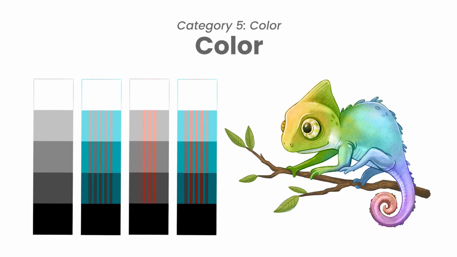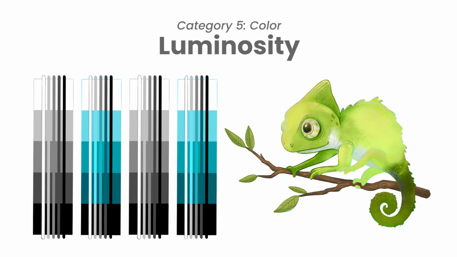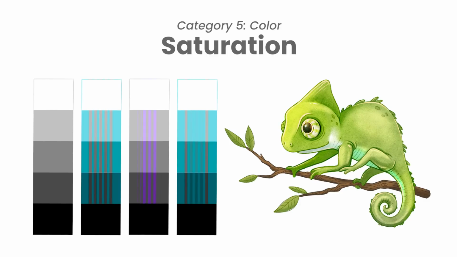Now, color is very similar to hue, but this time the saturation is going to change as well. So you're going to have a change in hue and saturation, but the brightness is going to remain the same. As you can probably guess, luminosity takes the luminosity or the brightness of the blend layer and applies it to the base, but the hue and the saturation remain the same. And finally, we have saturation, so whatever saturation you have on the blend is what is going to be applied on the base, but the hue and the brightness are going to remain the same.